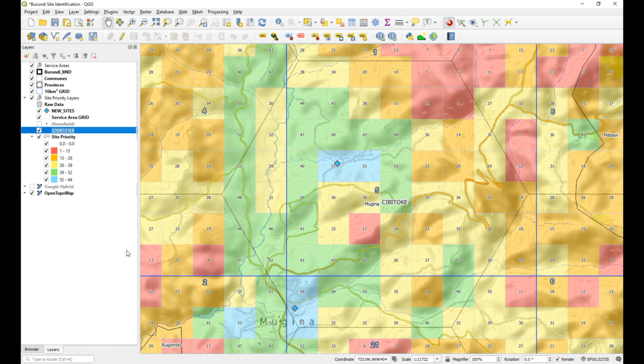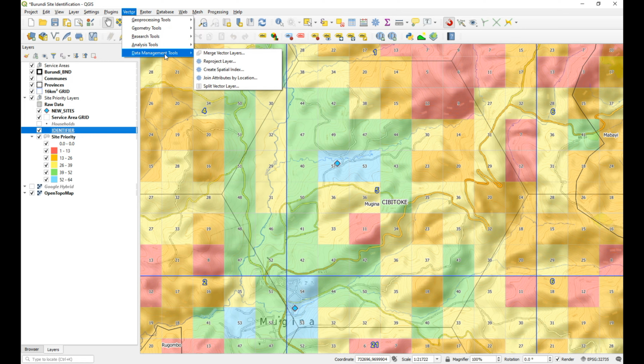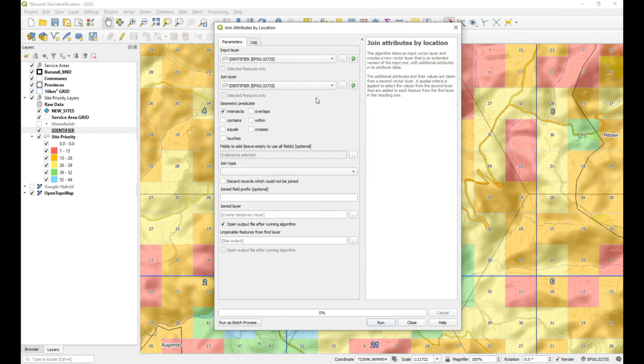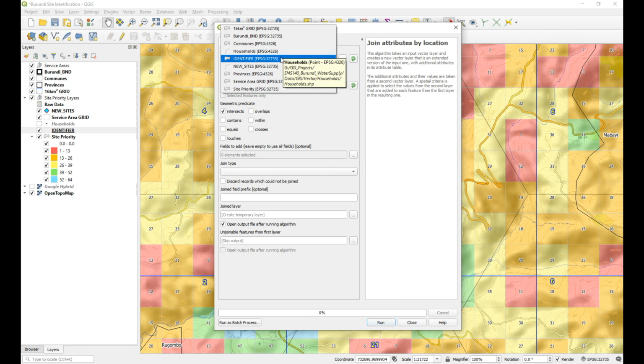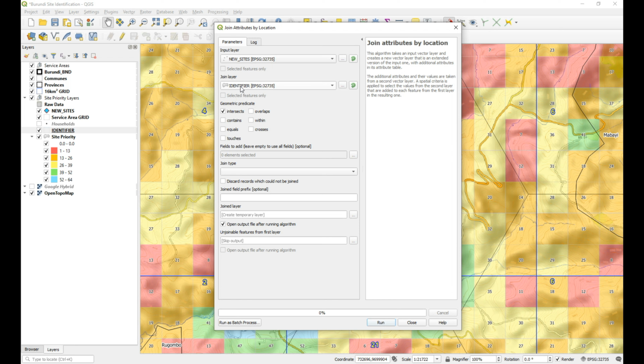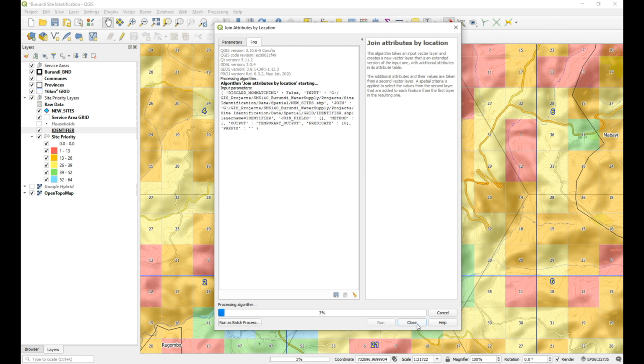So let's do this. We're going to say unique identifier. So we go Vector, Join Attributes by Location. The input layer is our new site, and the join layer is identifier. We're just going to take the attributes of the first one that it comes across, and intersection is fine, and we only want a temporary layer. We can run that. It shouldn't take too long. I'll just wait for that to run out,